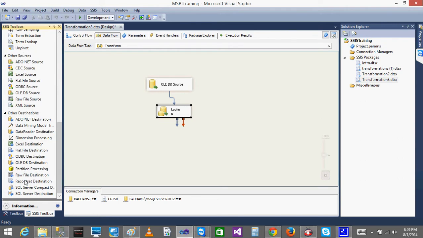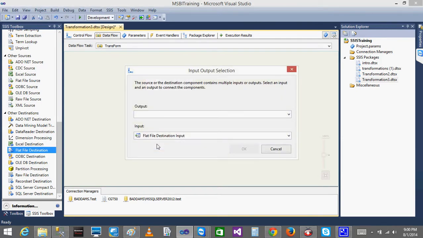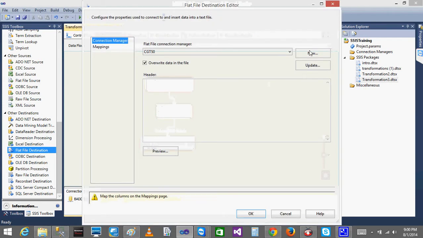Now what I am going to see, just for trial, is I'll take one flat file destination, drag and drop it, and connect it to that. Now when I connect it, it will ask me for the output: whether you want the matched output or the no match output. Whenever you look up that ID in that table, if that employee ID is there in the employee address table, then that is nothing but the matched data. If the employee ID is not there, then you will get the no match. We will see. First I'll take the matched output and click OK, and I'll connect to this one.